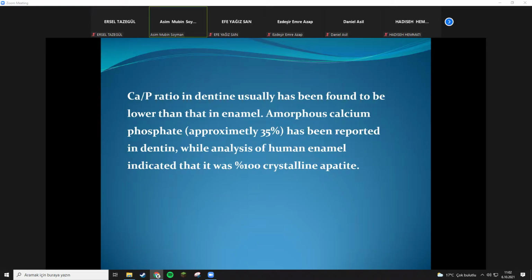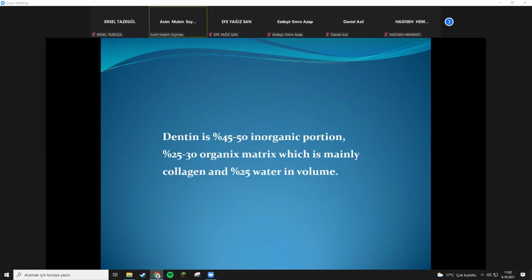Amorphous calcium phosphate has been reported in dentine, while analysis of human enamel indicated that it was a 100% crystalline apatite. Now this is important. Dentine is 45 to 50% inorganic portion and 25 to 30% organic matrix, which is mainly collagen. We mentioned that, and 25% water in volume. So dentine contains only, in volume, of course,